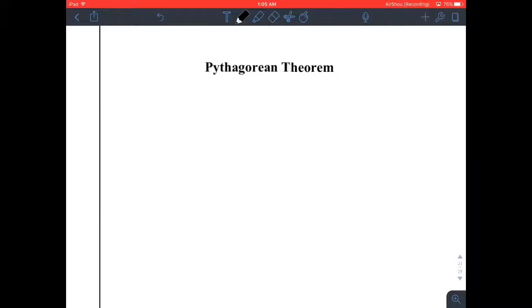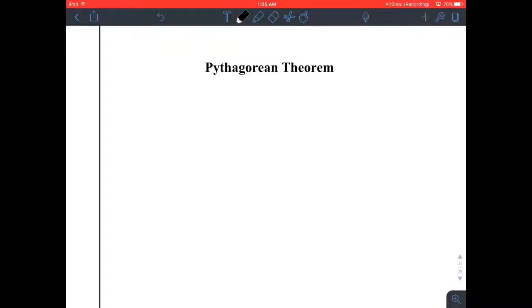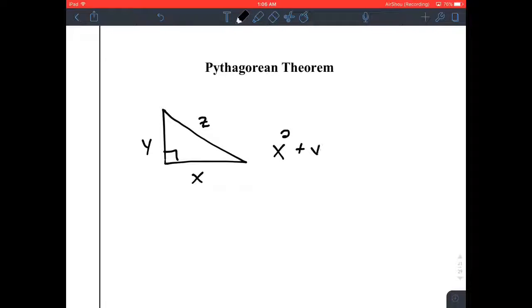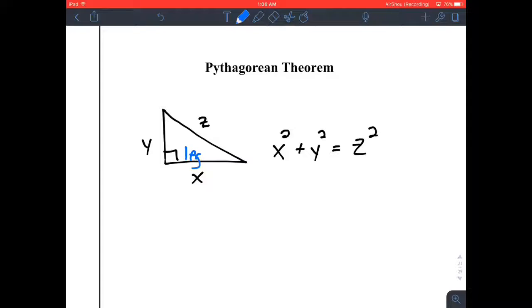Pythagorean Theorem, the most famous theorem of all, aside from Rudolph, says in a right triangle, it must be a right triangle, a triangle with a right angle, if you take a leg and square it, add it to another leg that's squared, it will always equal the hypotenuse squared. In a right triangle, the legs make up the right angle,